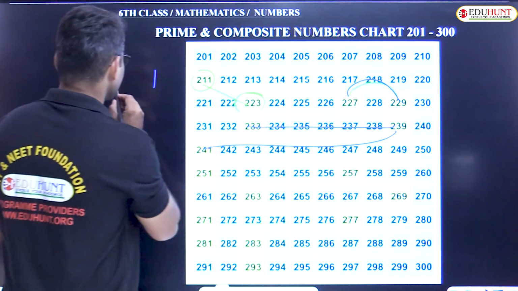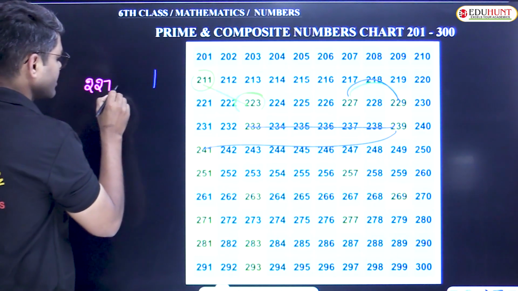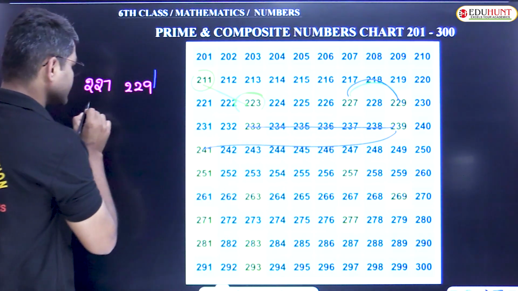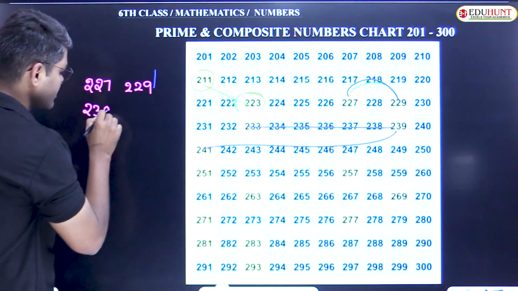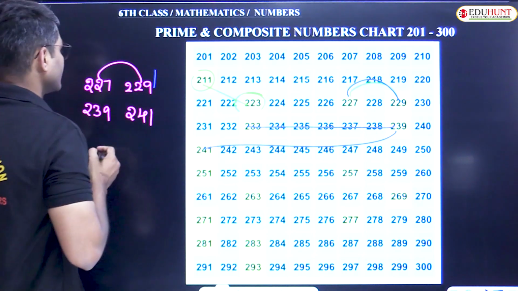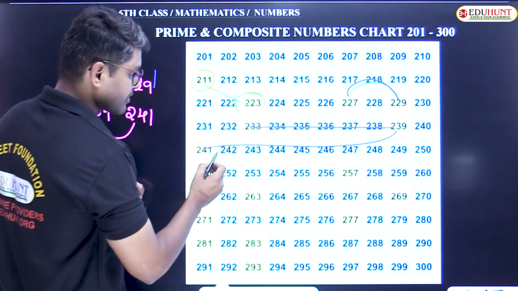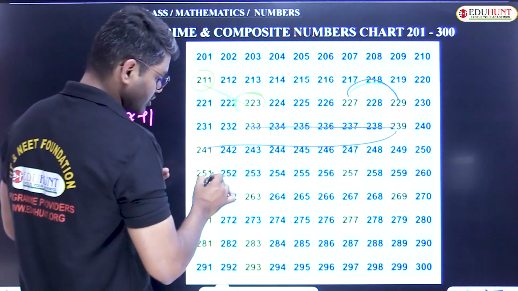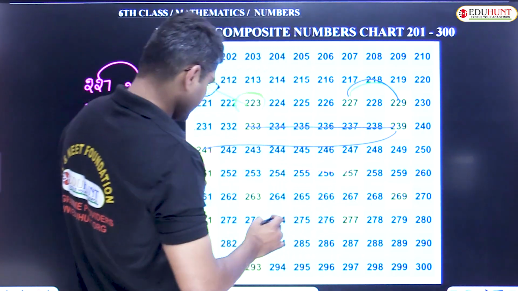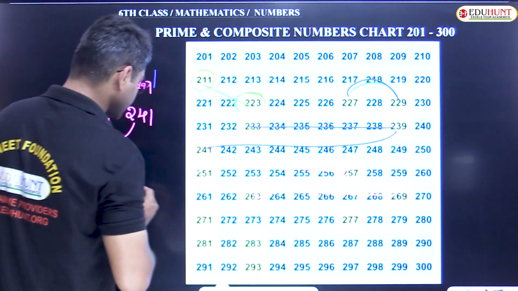That means the first combination is 227 and 229, and the second combination is 239 and 241. These are twin prime numbers. These are also twin prime numbers. Next the difference is more than 2, more than 2, more than 2, and here 269